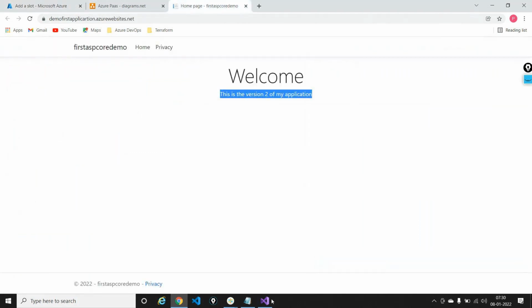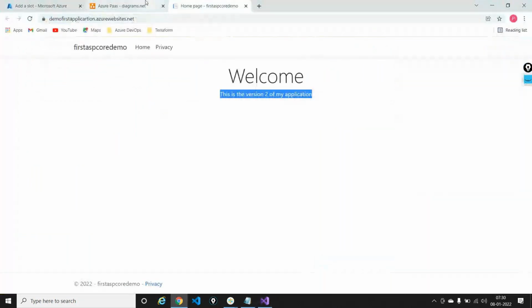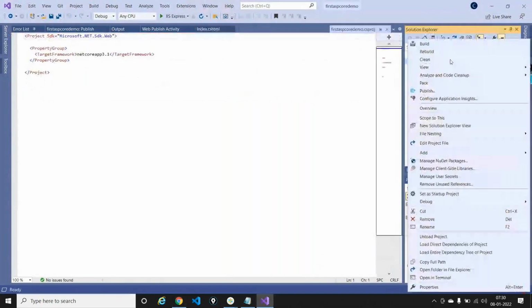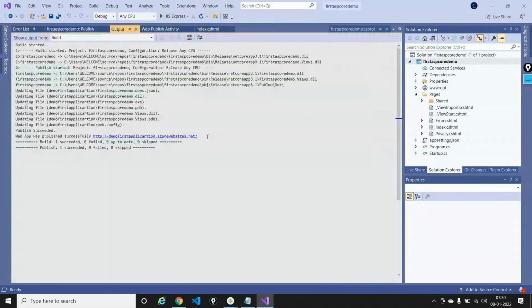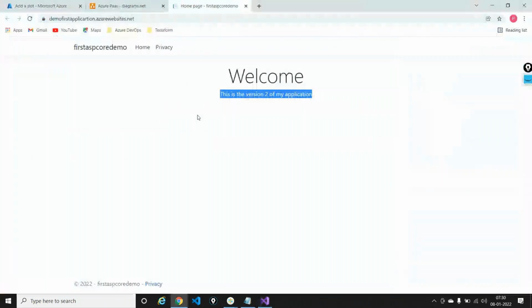So the developer has worked again, and version 1 is now back. Version 2 is running right now, so I'll let it run, imagining that version 2 is performing okay, or let's roll this back. So first let me say publish, and I want to publish version 1 of my application right now. I just say publish, so it's publishing this out. The developer has worked very hard for the last 3 months, and he's getting back version 1 because version 2 is not working the way we anticipated.